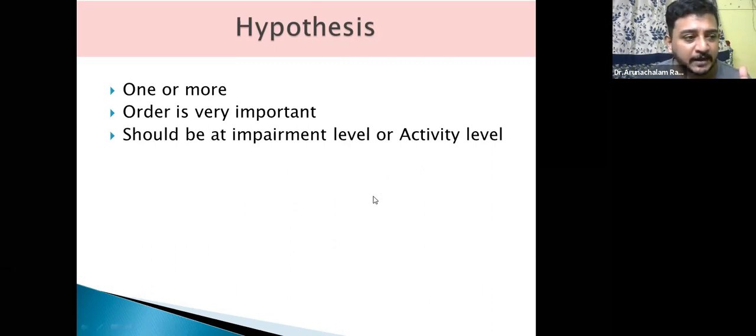So when I say impairment, if my axillary nerve is affected, that is my impairment, because of which the biceps, the deltoid goes for weakness, that is impairment. Because of that, what I'm not able to do, I'm not able to elevate my hand, that is activity. Because I'm not able to lift my hand, what I'm not able to do in my day-to-day activities, I'm not able to pluck flowers, I'm not able to keep objects on the top, I'm not able to comb hair. So your hypothesis should be mostly impairment level, and